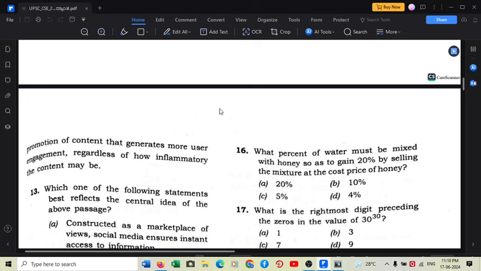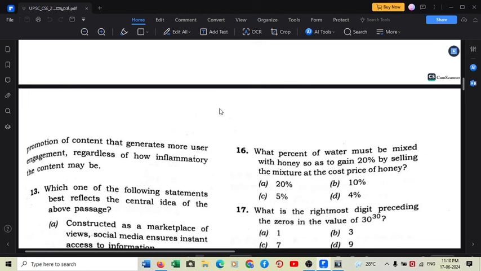The shorter the video, the more irrelevant the video, the more casual the video, without any knowledge being conveyed to the people, it gets more views because it is funny. And it is attracting more audience because people are looking to the internet for entertainment, not knowledge, right? So we know that. Regardless of how inflammatory the content may be, inflammatory means the content is generating more audience because it has some controversial content, and those things are reaching more users, and users are loving to watch those things.